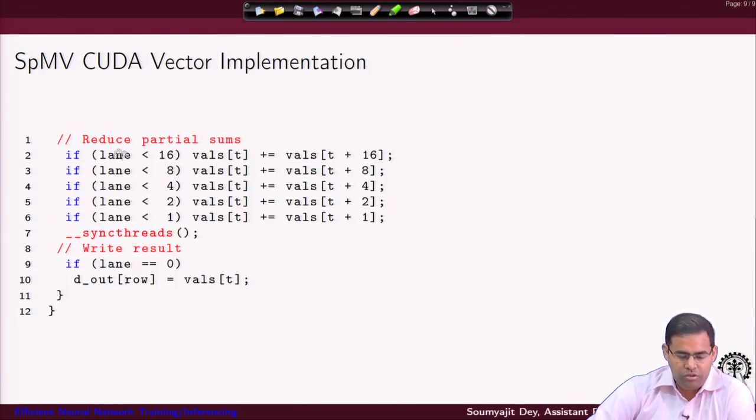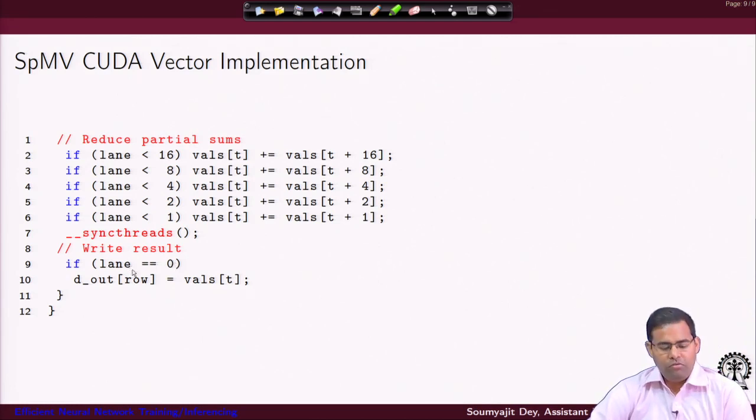And now, using these consecutive if statements, we are not getting into these details, this is something we have already covered. We are able to do the final reduction, and that gives me the final result, which is of course written back by only the thread which has the len value equal to zero, right, because we will have one thread per warp with this value equal to 0, and that gives me the final output.